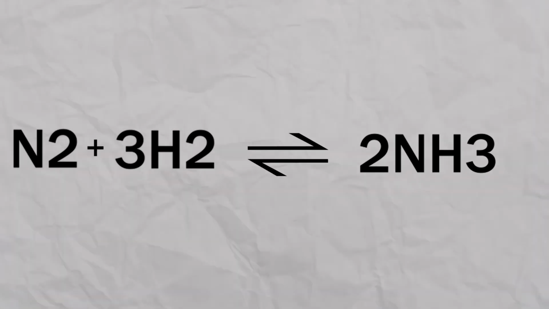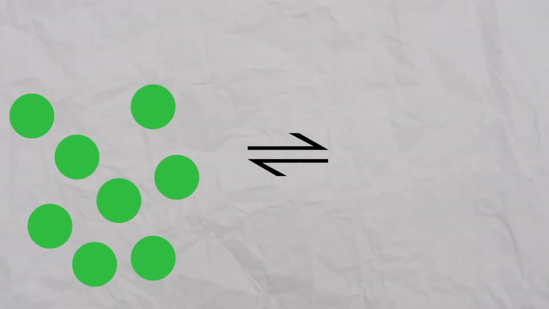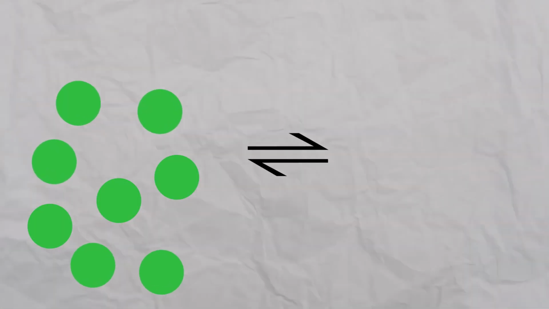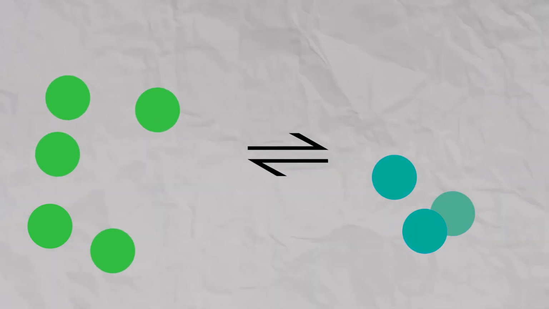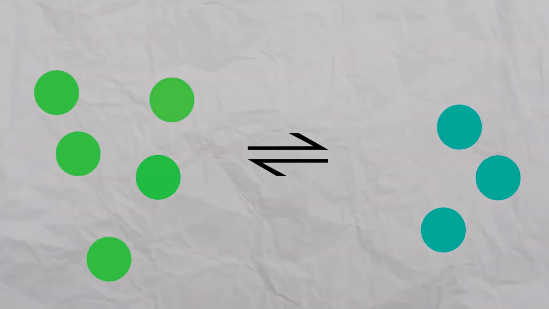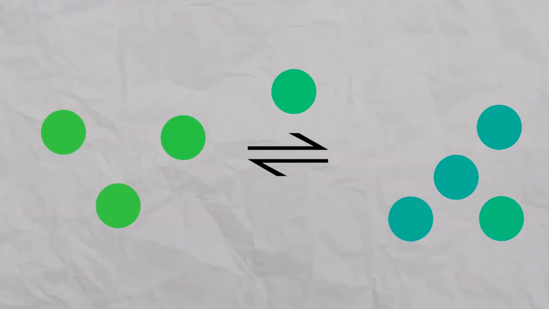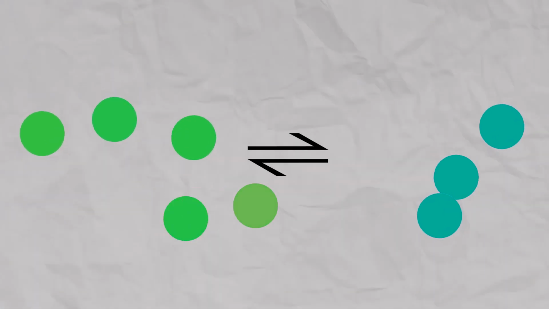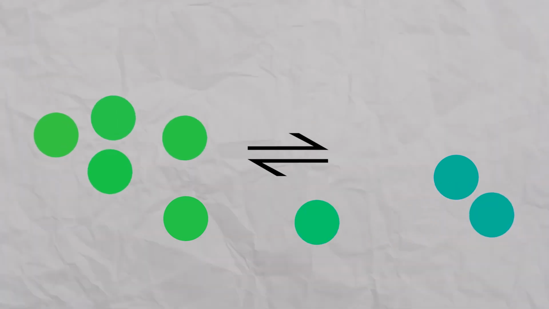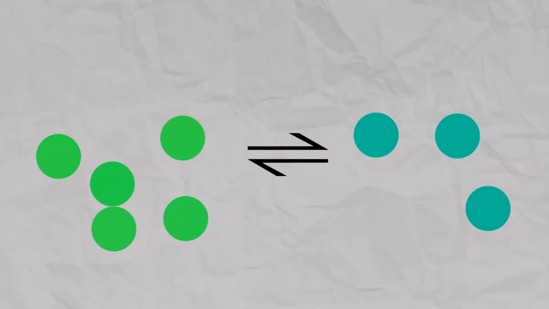In order to understand the issue, we have to talk about equilibrium. Some chemical reactions are reversible. When this is the case, the forward reaction can happen at the same time as the reverse reaction. As more reactants react to form products, the concentration of products increases and the concentration of reactants decreases. Because of this, more products are able to turn back into reactants. Eventually, this gets to a point where the concentration of reactants and products change at the same rate.